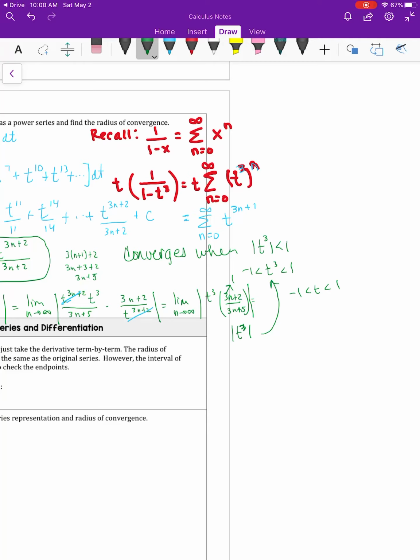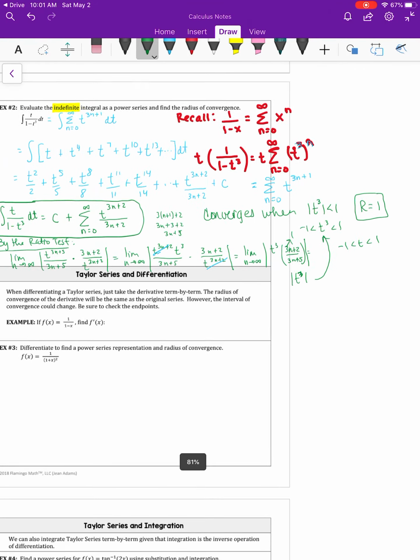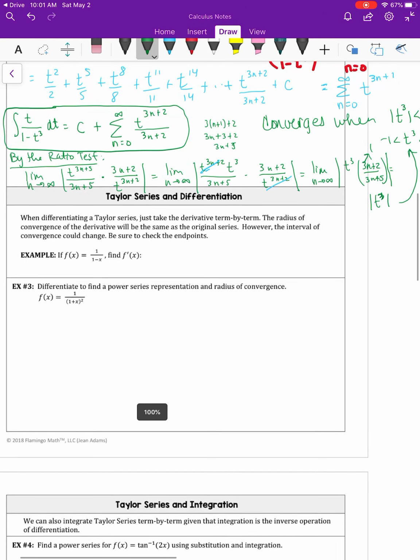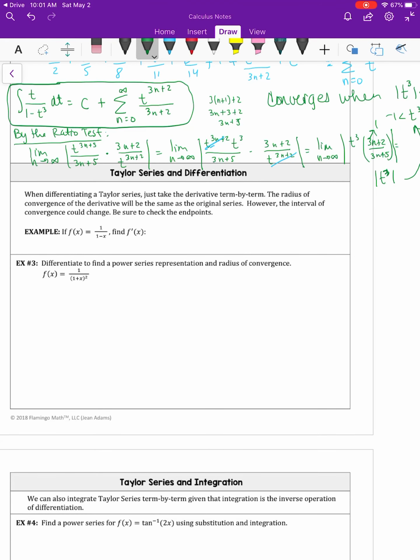If you took the cube root, you'd get -1 and +1. Okay, so you don't really need to check your endpoints here because they're not asking us for an interval. They're only asking us for the radius of convergence. And from this, I can see that my radius of convergence is 1. Okay, so I can just stop there. All right,